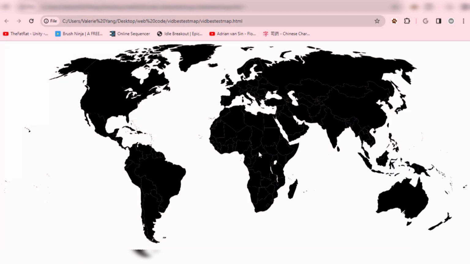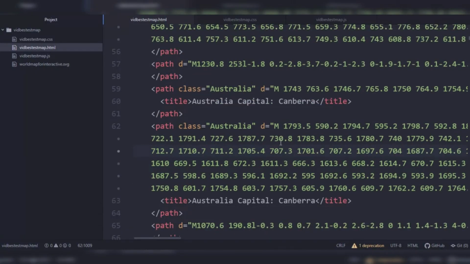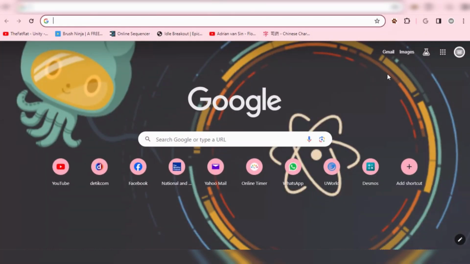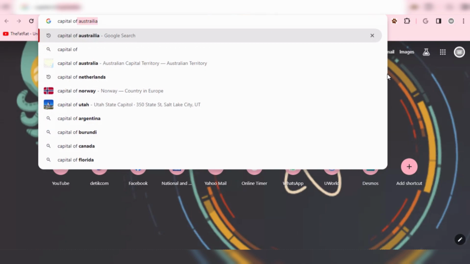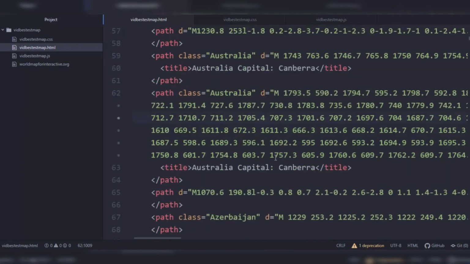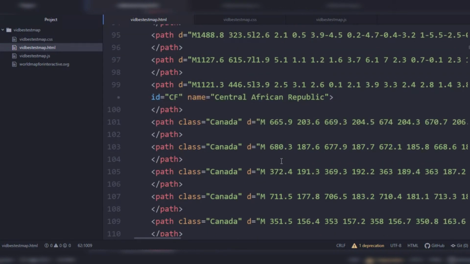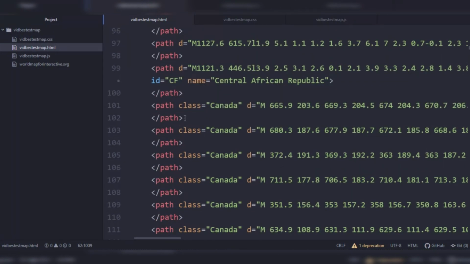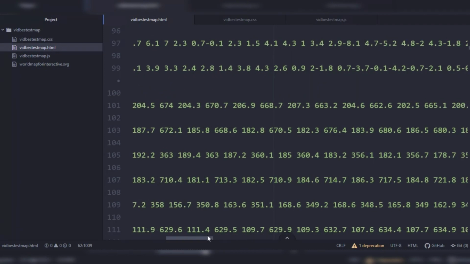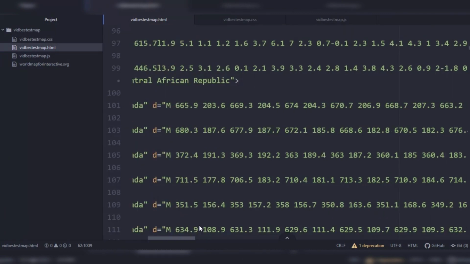Now, to prove that it works, I'm going to do it with a couple other countries, which is going to require some searching. Let's find a good country. Ooh, Canada. Okay. Oh, and by the way, the reason for this project is for my now past science fair